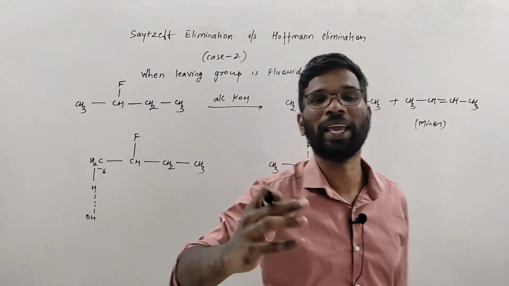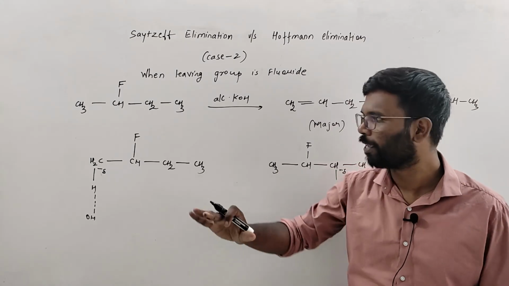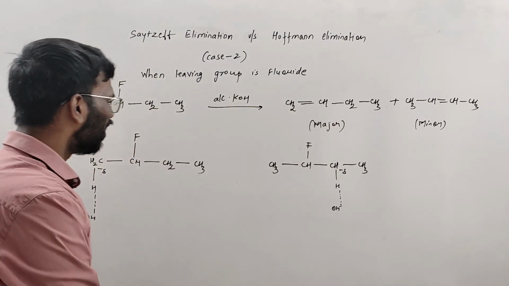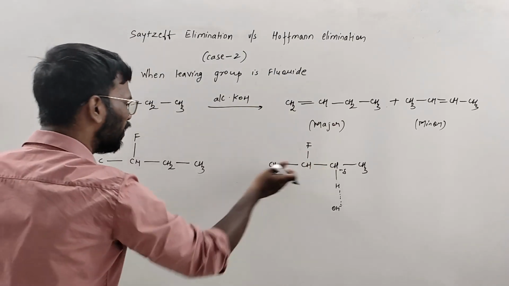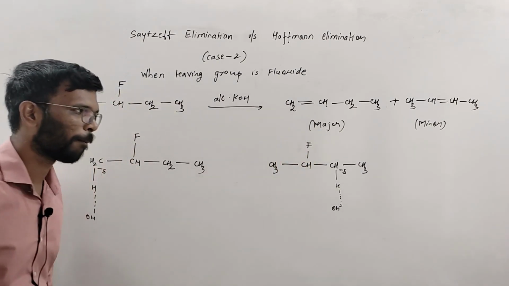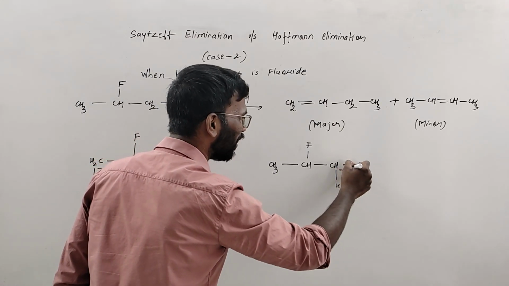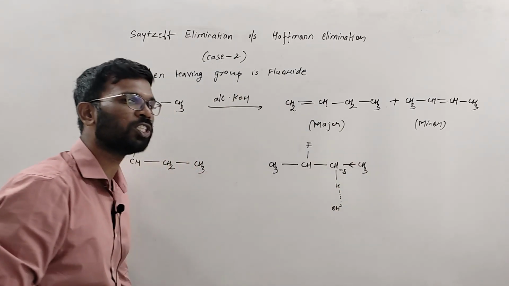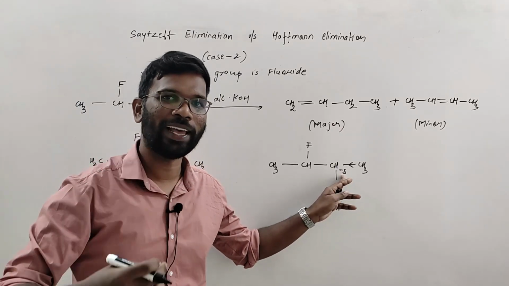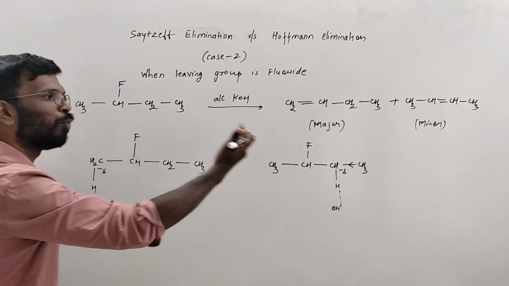If I ask you, based on the inductive effect or the electron displacement effect, which is more stable? A common thing between both of these is that after the second carbon there is a fluorine. But what is not there is that this is already negative and this is the alkyl group which is making it more negative. Means this negative charge is less stable, and this negative charge is comparatively more stable than this.